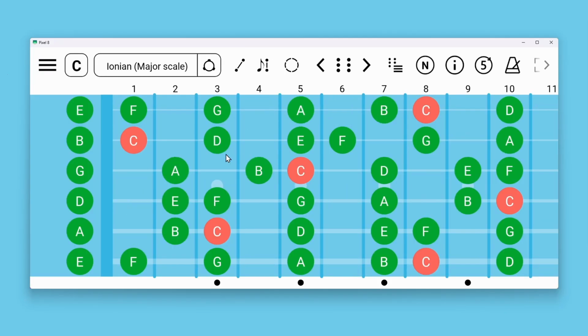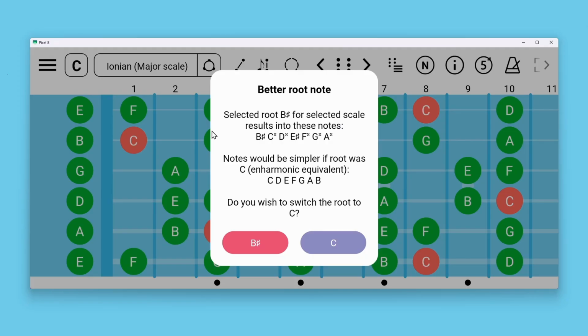If you select, for example, here C major scale, there are no double sharps and double flats here. But if I switch to B sharp, the app will tell me that B sharp major will result in some notes having double sharps. And it will suggest me to